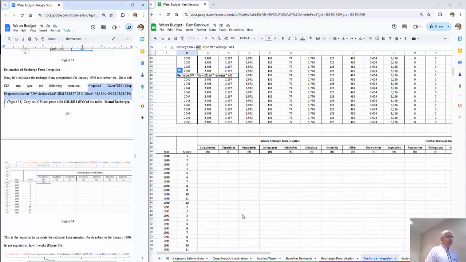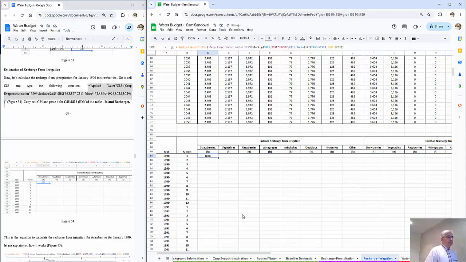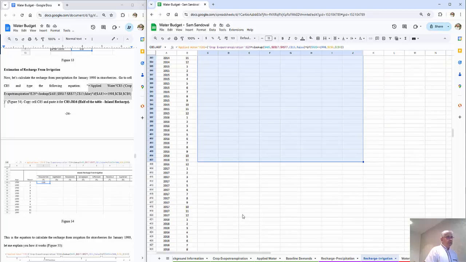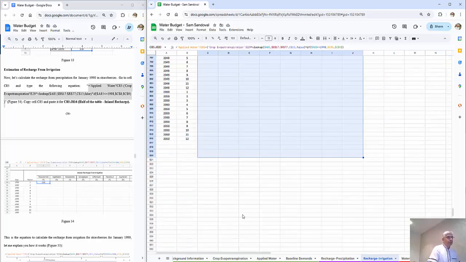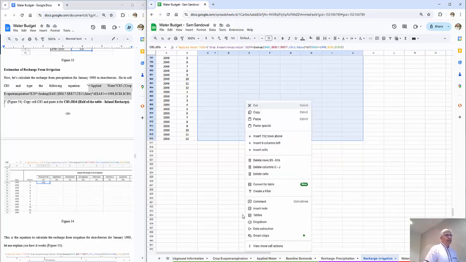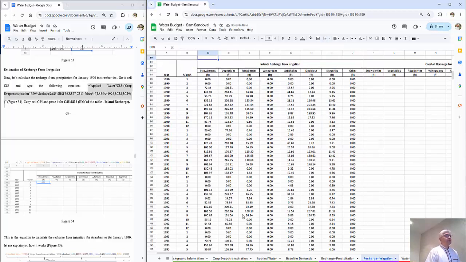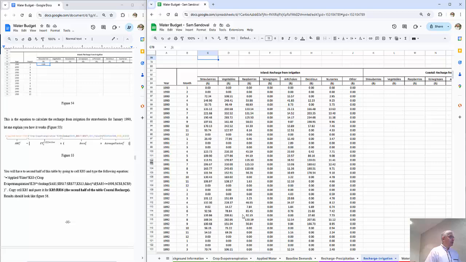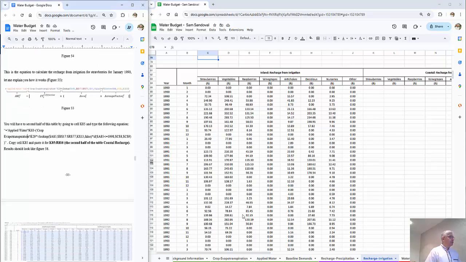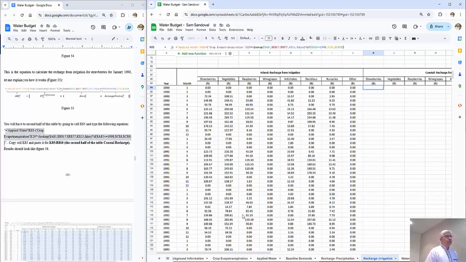Here and paste this formula in C85, in here. So now that we have it, we can use it for all the inline, and I'm gonna paste it as formula only, and that will do it. Okay, now I have to go to K85 and then copy and paste this formula,